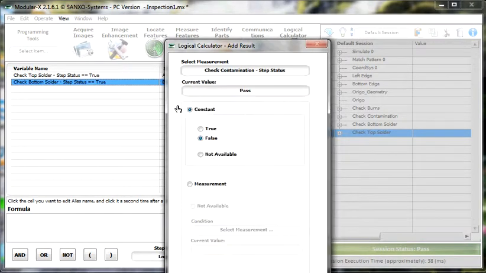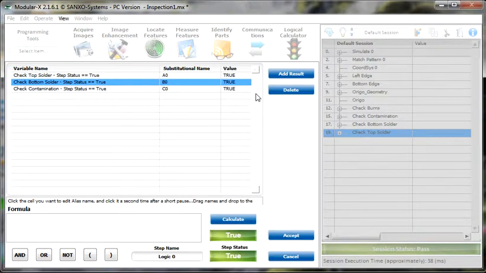Check contamination step result. It's true. And now you can just type the names of these results here, like A0 and B0 and C0. This is going to make the logical connections of these values, and let's name it calc session status. Yes, click on the accept button,